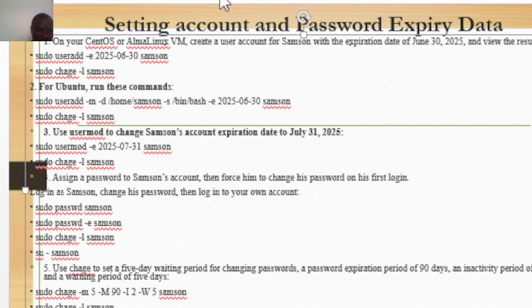Doing this, we are using Ubuntu commands to run this: sudo useradd and minus something. So sudo chage this. You're changing the password. You might change the password, just as you can change the command to something. Use this to